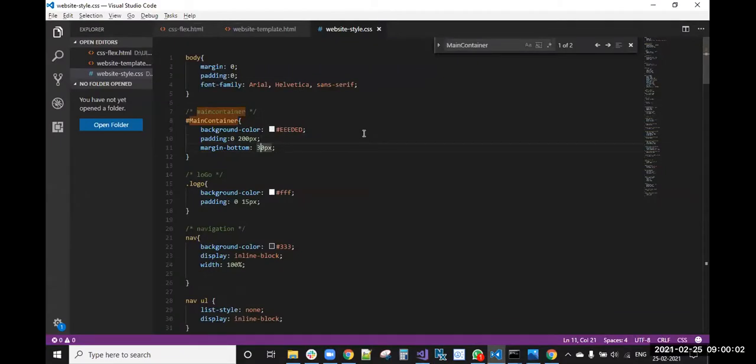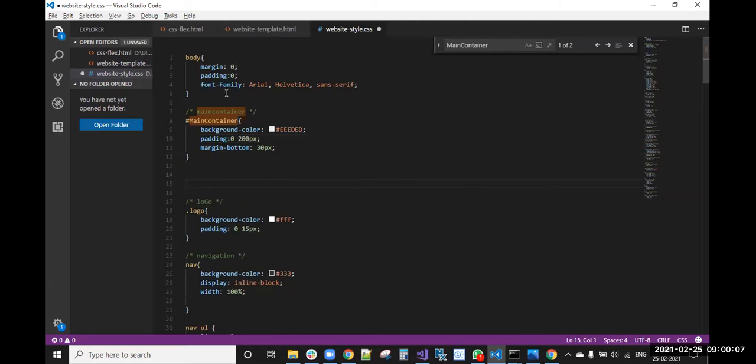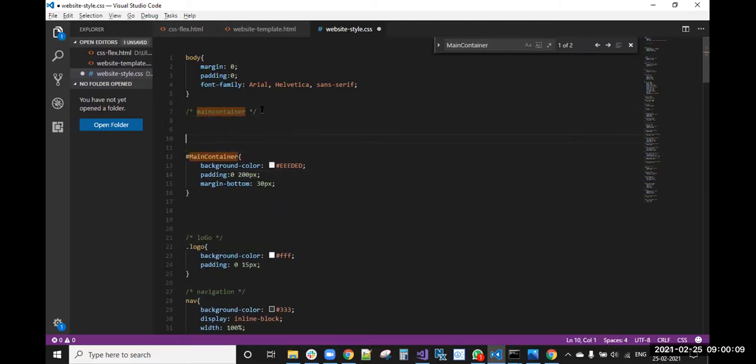we'll write. Actually here padding 200 pix we have written, right? So up to 992 pix, otherwise 1200 pix, we are telling all these things using at the rate media only screen and min-width.